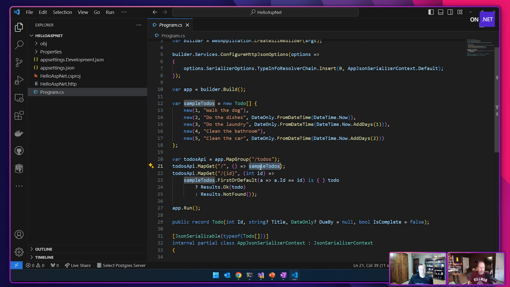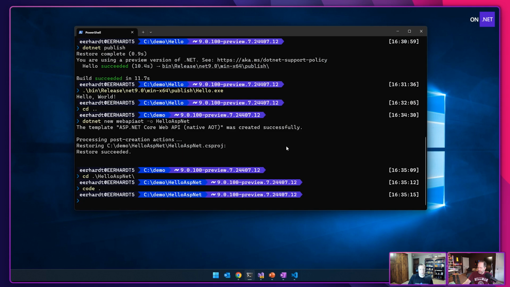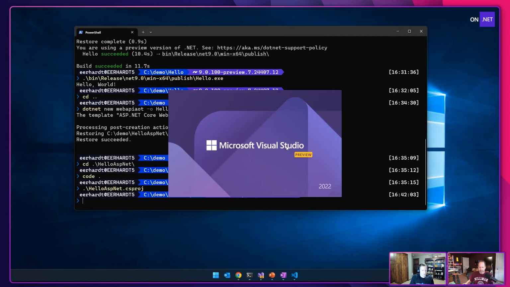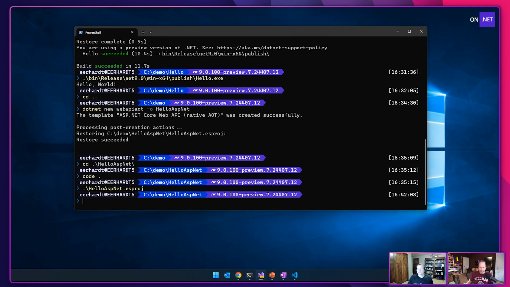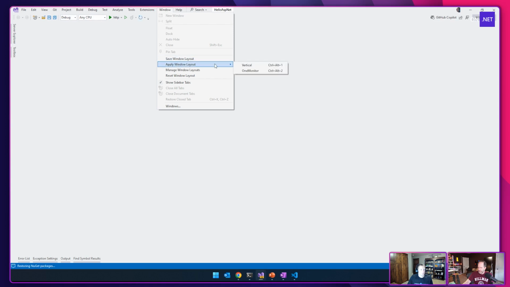And so in order to work around or solve that problem, we use what's called the source generator in JSON. So there's this JsonSerializerContext. If you derive from that class, make your class partial, and then mark all the objects that you're going to serialize. I should pull this up in Visual Studio. I don't know how to do this in VS Code. In Visual Studio, you can see the code gen that gets put out.